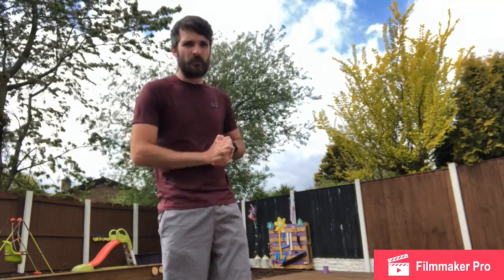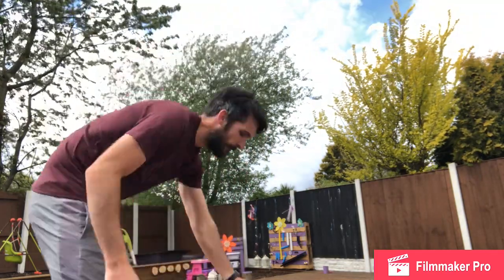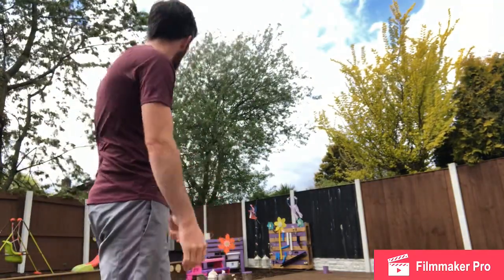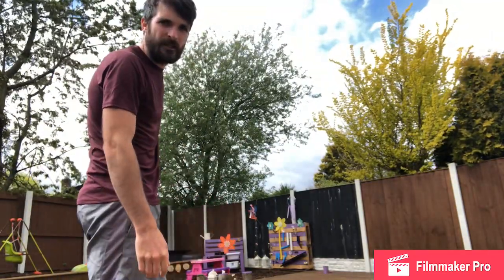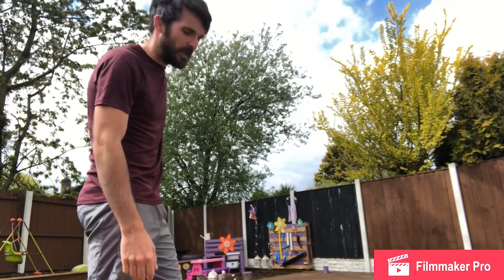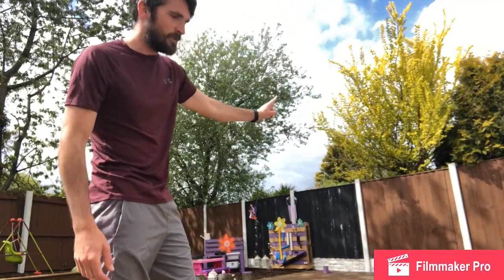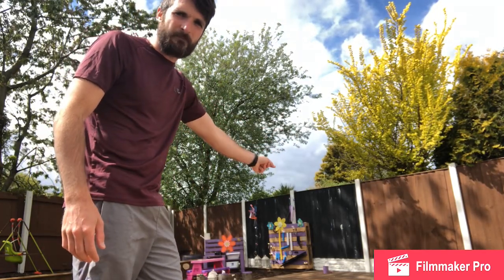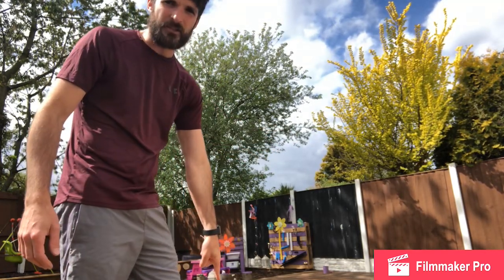Okay, so you start off, you need a starting position. For me, this is right where my marker is, in the centre of my decking. I'm then going to run to the left, a little sprint, and do 5 star jumps. I then come back to the middle and then I'm going to go and take my shot on the first basket. Okay, if I score from the white basket, I'll come back, put the beanbag back on the starting marker,